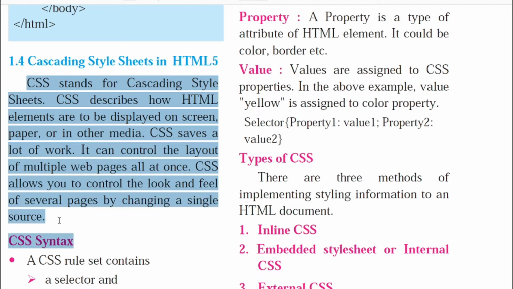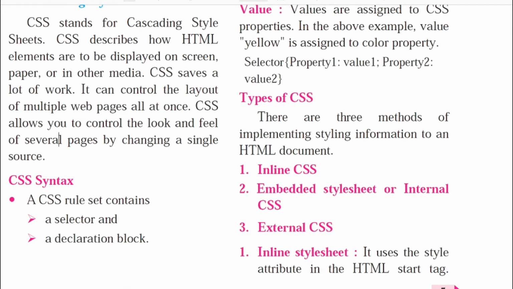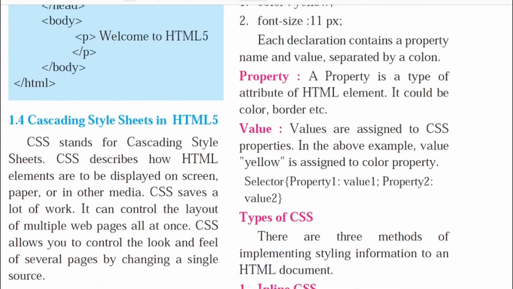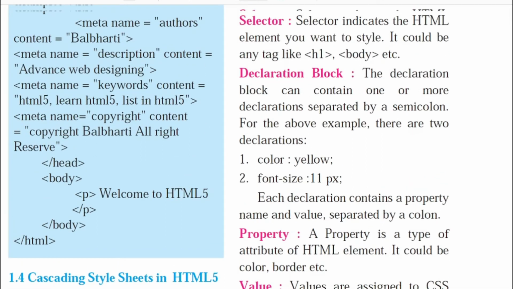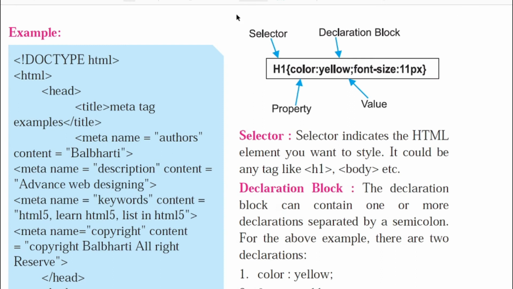My dear students, CSS basically follows a set of rules, and the rule set contains a selector and a declaration block. Yes, my dear students, the two main ingredients of CSS: one is the selector and the other is the declaration block. Here you can see how exactly this works. You can see the selector is nothing but your tag or the element which you want to design or style. Here H1 resembles the selector.